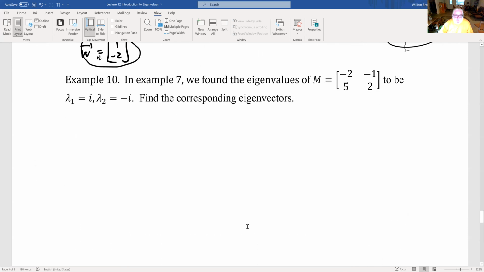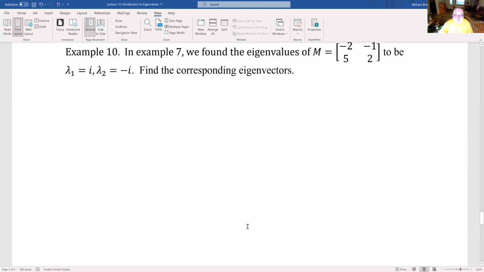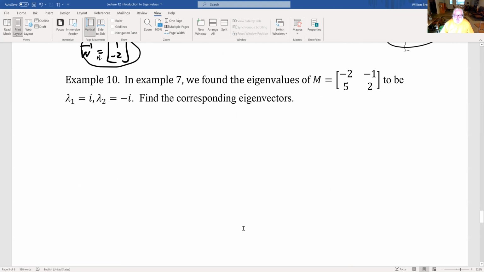Great. So the eigenvalues of this matrix were plus or minus i. What are the corresponding eigenvectors? Well, we set up the equation for finding the eigenvectors. For the lambda 1 equals i case, we have the matrix [-2 minus i, -1; 5, 2 minus i]